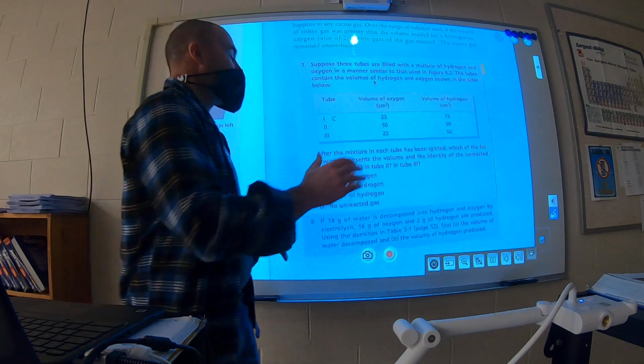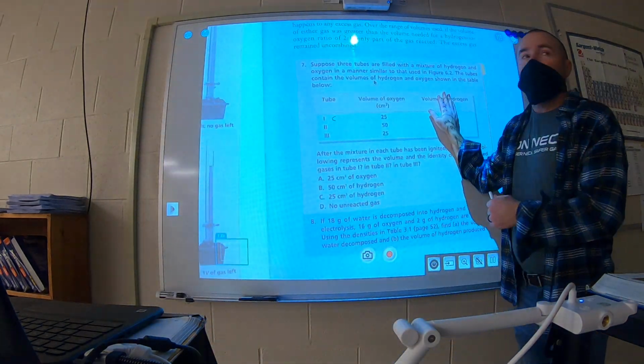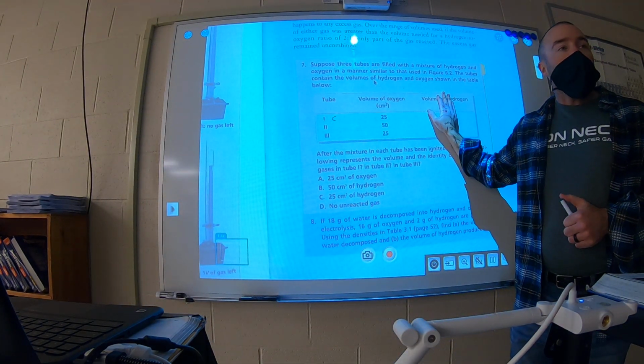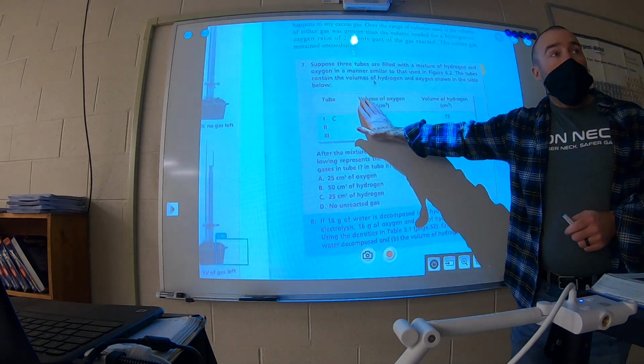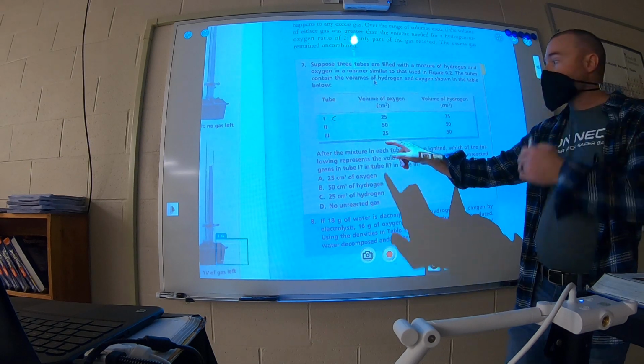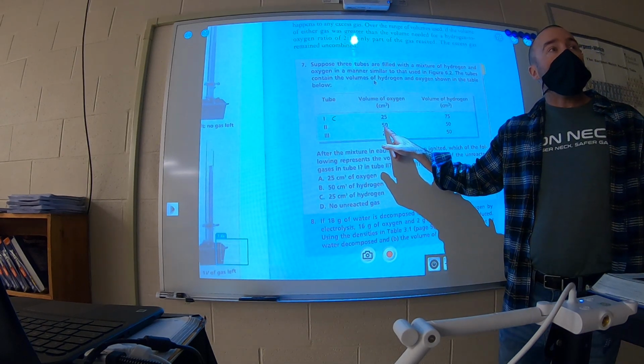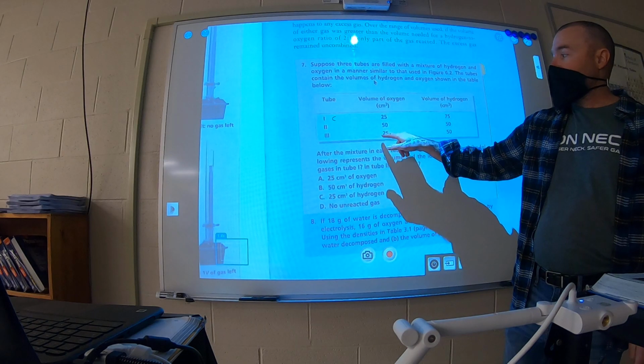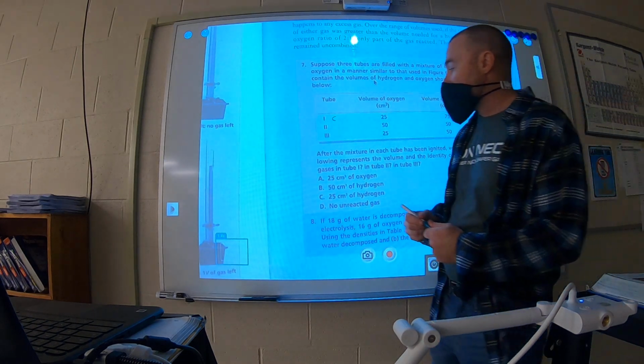On tube 2, we have 50 of oxygen. How much hydrogen would you need? 100. We don't have 100, so let's look at it the other way. 50 of hydrogen needs how much oxygen? 25. Do we have 25? Yes, we have above 25. So 25 is going to react, 25 is going to be left unreacted, so the answer to tube 2 is